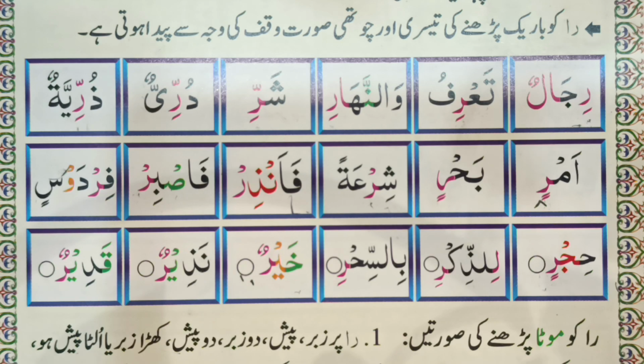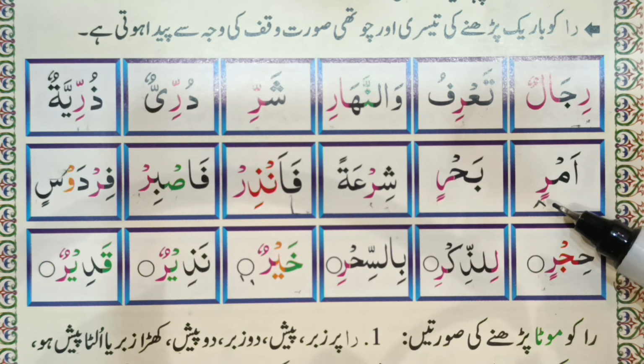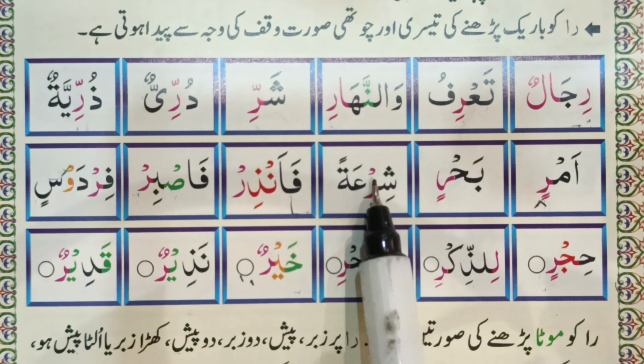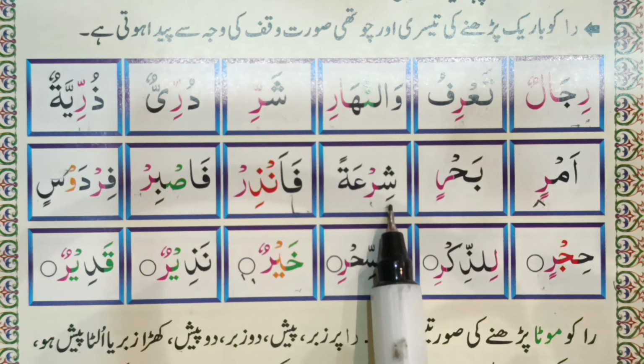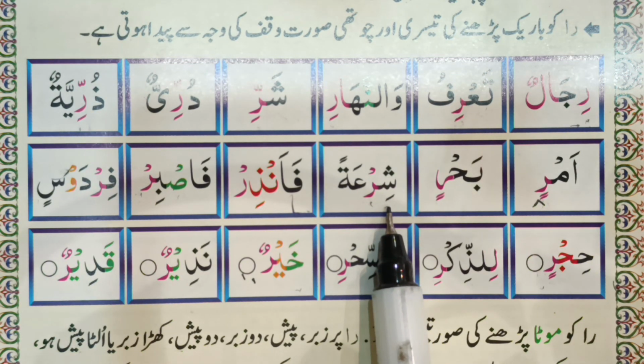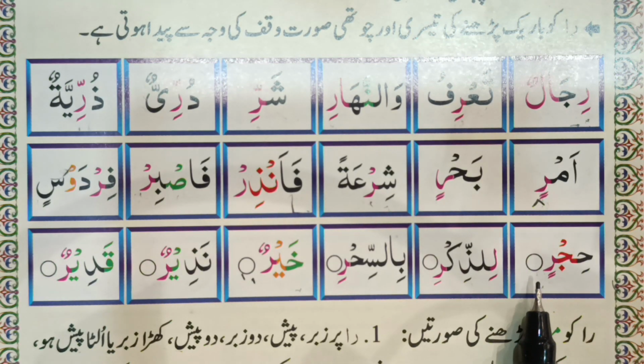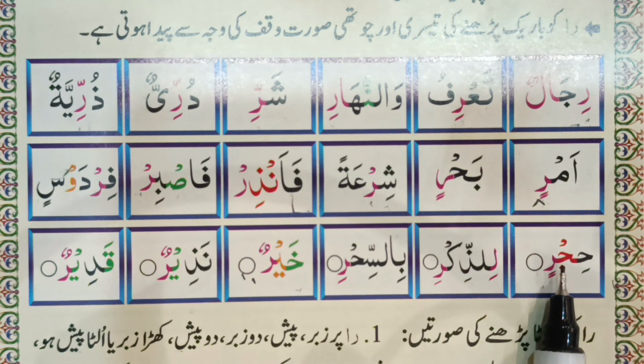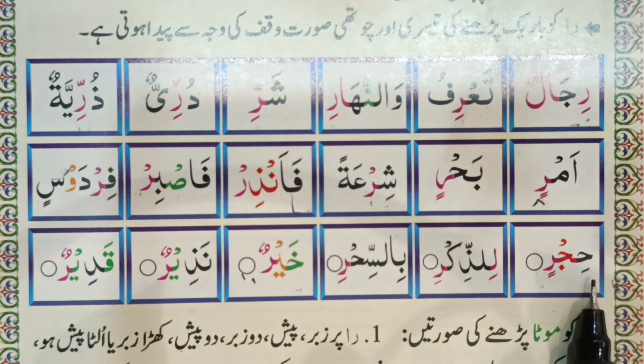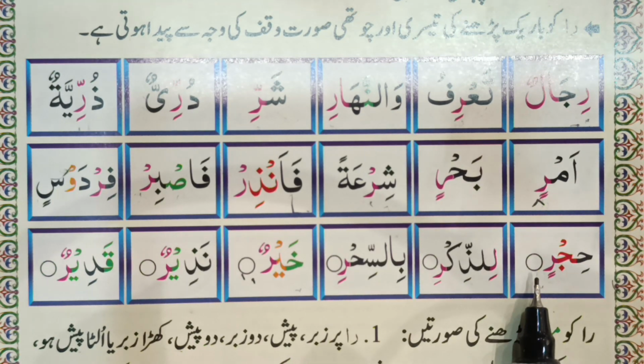Okay, so I hope that you understand the rules of raa for when you need to make a thin sound. Let's revise the rules. Firstly, whenever you see the raa has zir under it or two zirs under it, you have to pronounce raa with a thin sound. When you see raa has jazm on top and previously there is zir, then you will make a thin sound. When you need to pause on the raa letter, you check that the previous letter has jazm and the letter before it has zir under it, so you will make a thin sound.